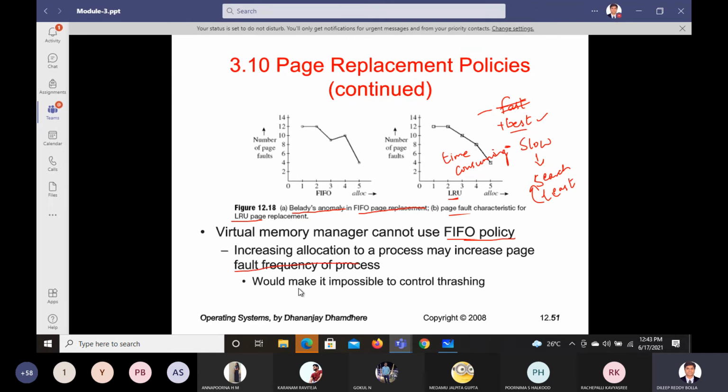Actually, there is one more policy in your textbook, but they didn't keep it in the syllabus, so that one is a bit better than these two, I feel. Let me just check the name of it. Yes, one more thing: LRU and the optimal page replacement policy are also there, but the optimal one is not shown in your syllabus, so no need to take that out. So this is the conclusion of the page replacement policy.